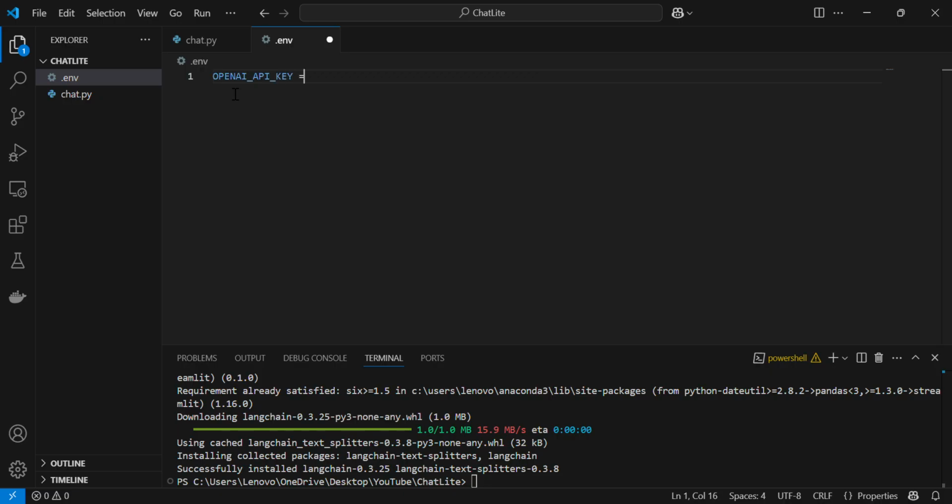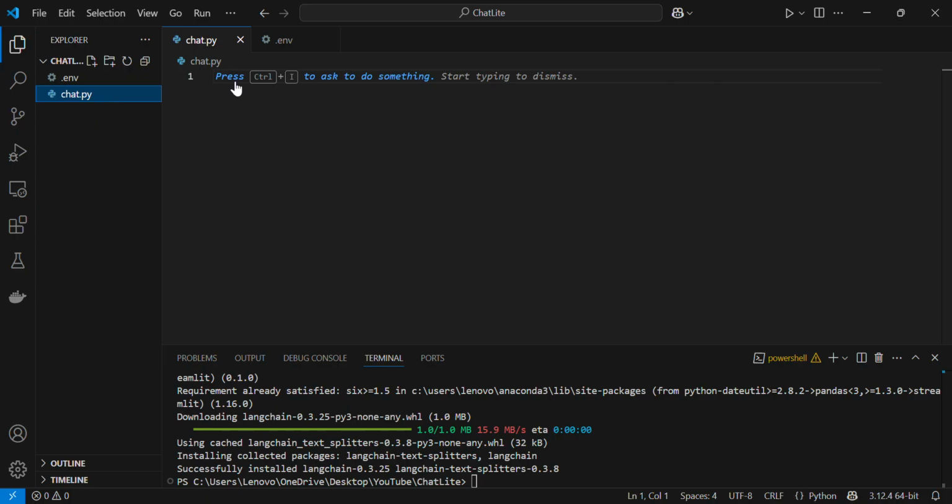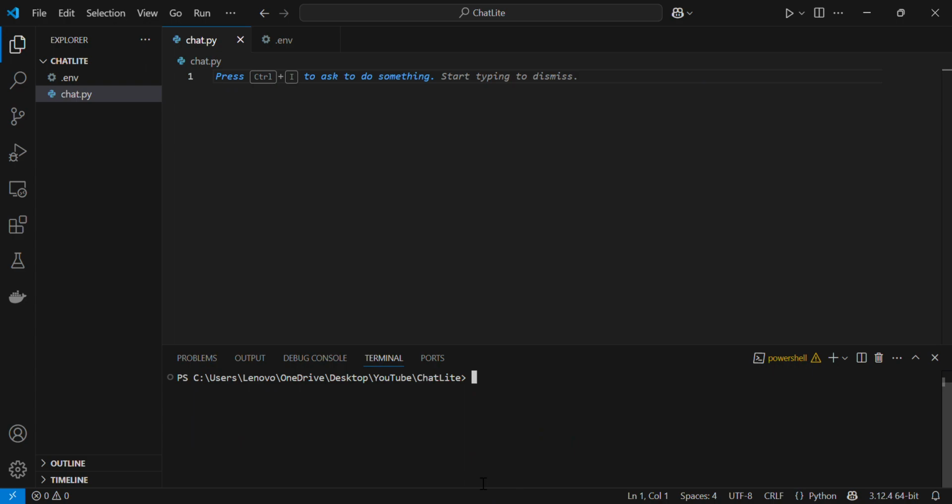So we have to write it in a certain way, just to ensure that while fetching the secret key, the program should not face any error or any issues like that. So we just have to save this .env file, and in this py file, now we can see all the packages are installed. We will clear the terminal, and then we will go back to our chat.py file, and